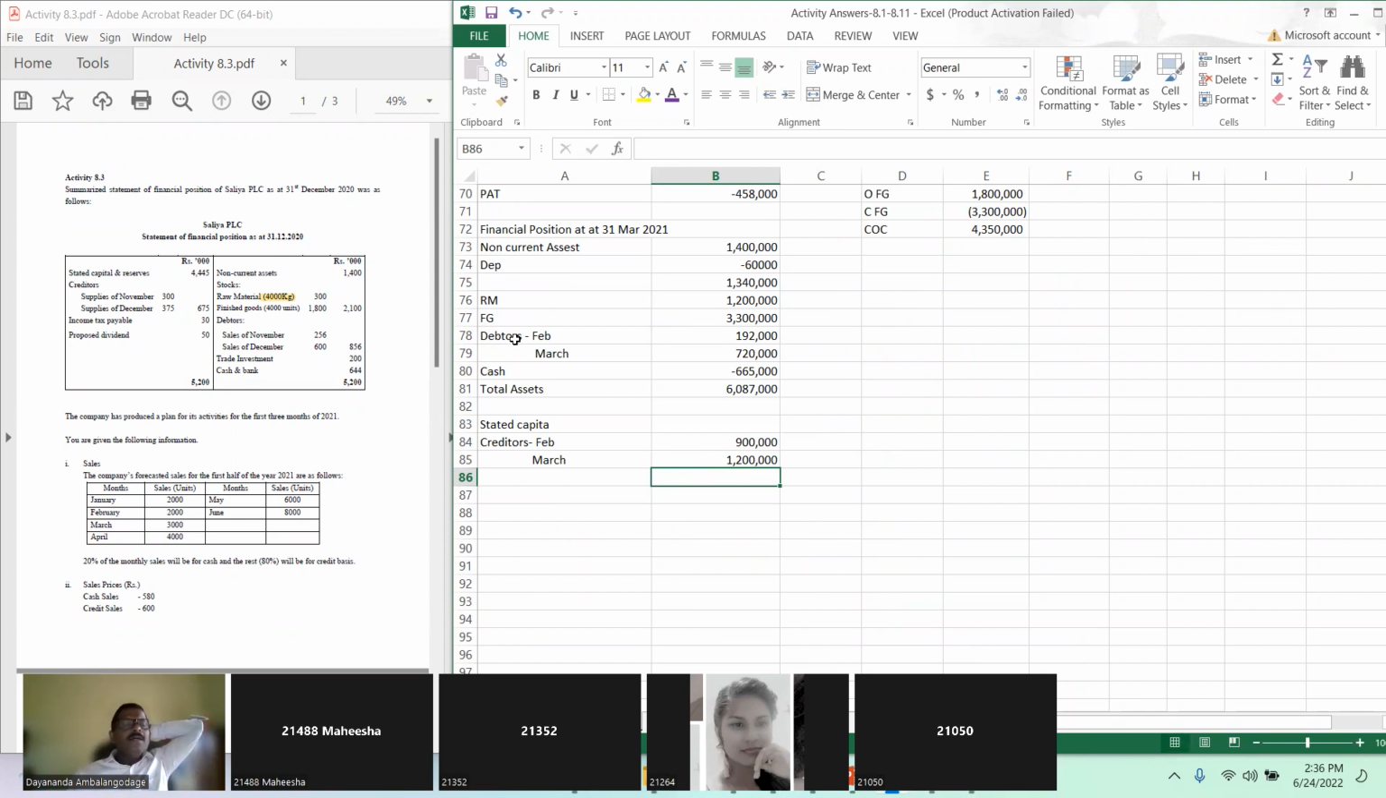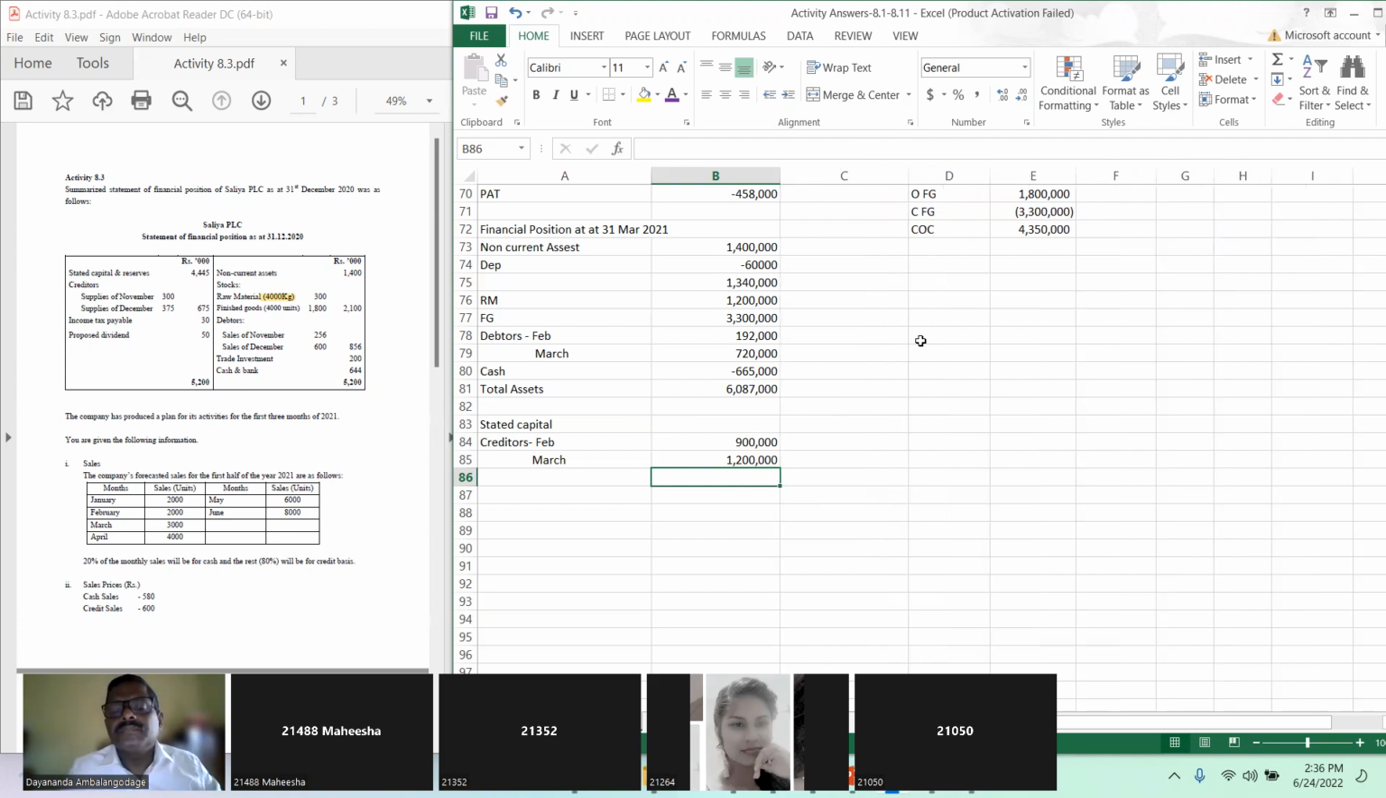That's all. Proposed dividend, income tax, we all took. Stated capital. Yes. So thereby this has to be. Now what is the stated capital? Stated capital has to be